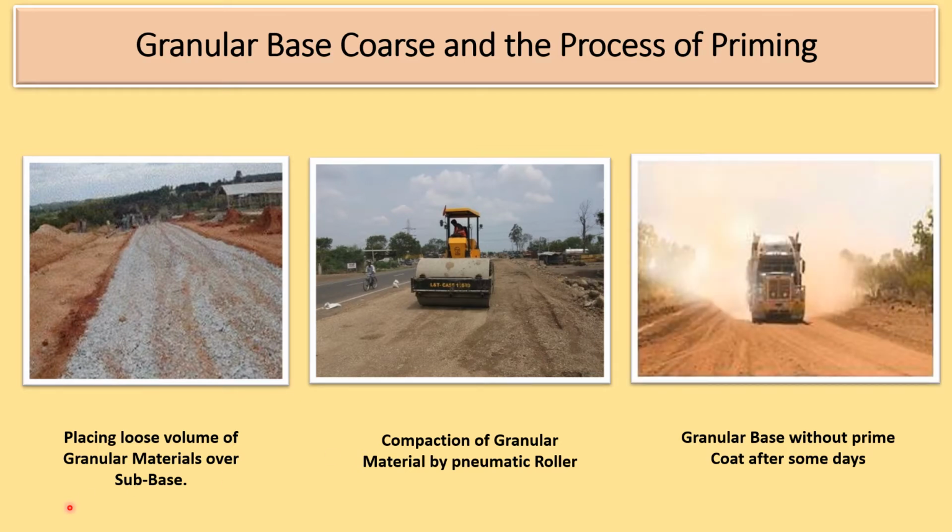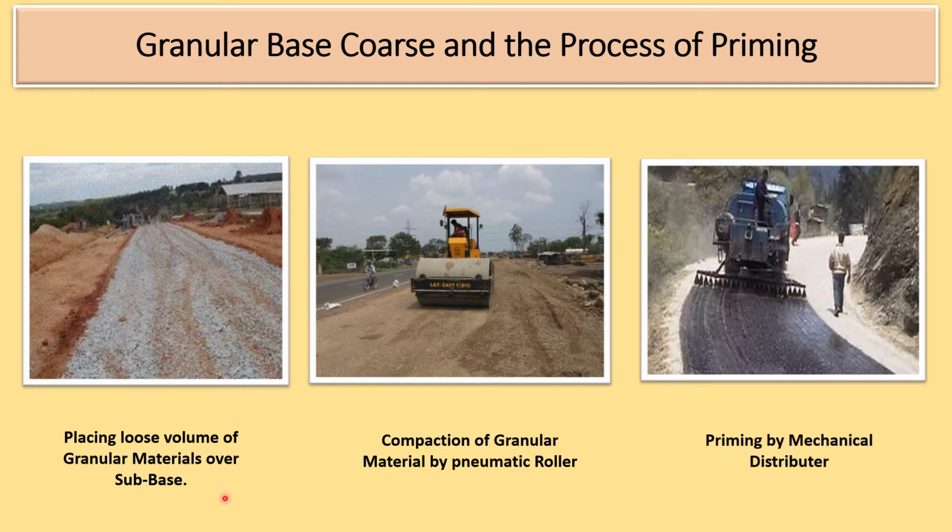The fifth photograph shows the regular dusty environment after the running of a vehicle over the untreated base course. The sixth photograph shows the process of priming the granular base with proper prime material by a mechanical distributor